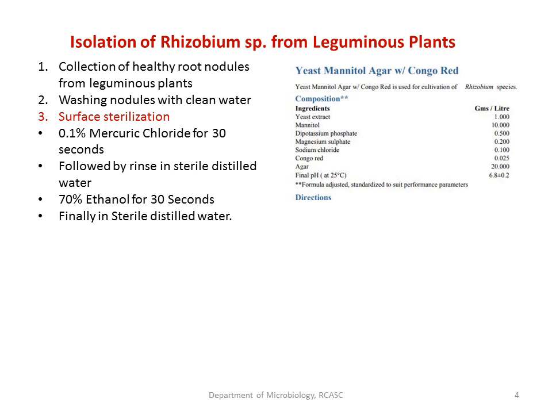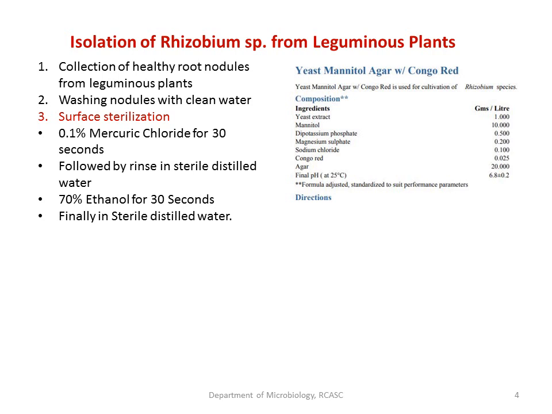Our aim is to take out the organism which is inside. So the external part of the nodules has to be cleaned. That can be done by surface sterilization, first with 0.1% mercury chloride for 30 seconds. Treat the nodules, cleanly washed nodules, in a petri plate aseptically containing 0.1% mercury chloride for 30 seconds.